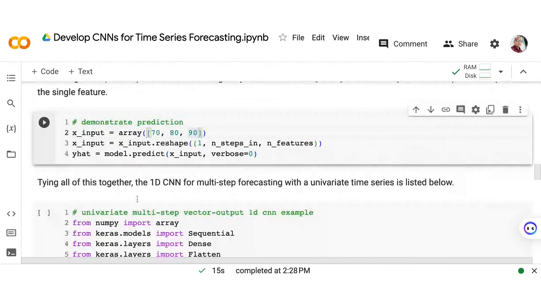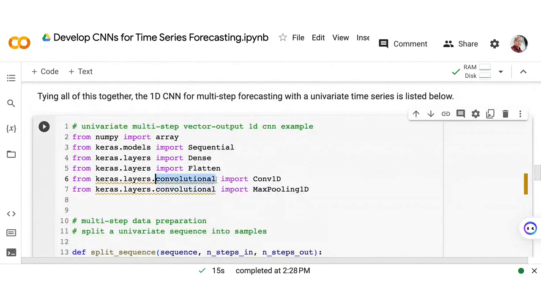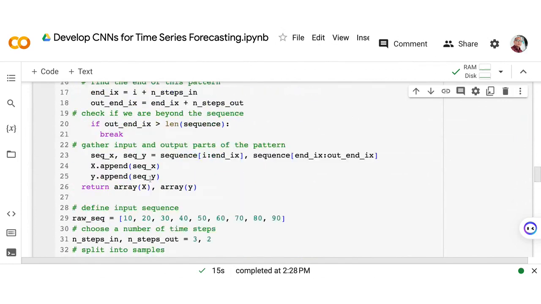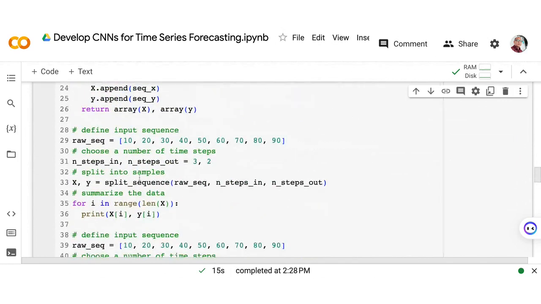Okay. So let's try to run. So this is our raw sequence here. This is just univariate, remember. But we need to include the number of steps in, which is 3, and then the number of steps out should be equal to 2.